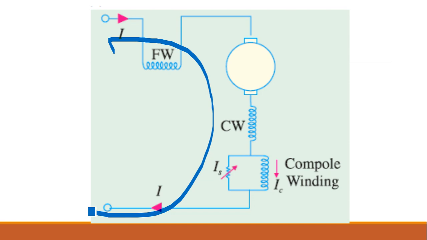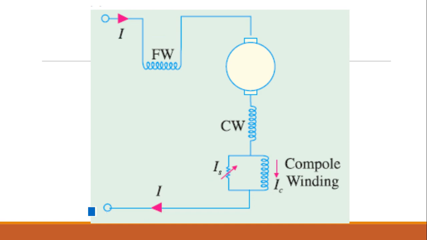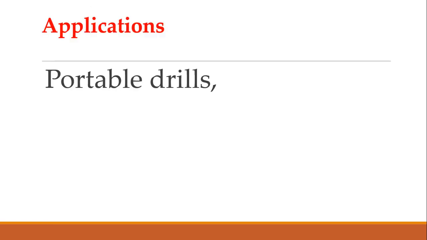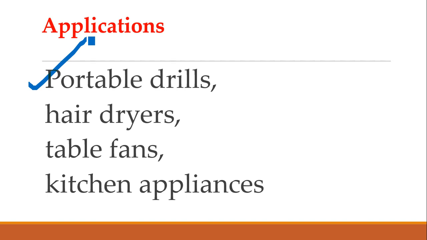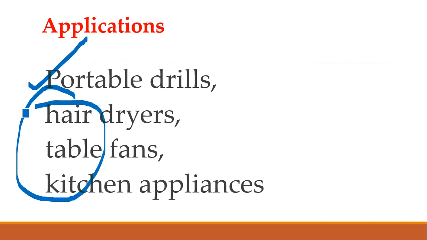So from this we can know we cannot run a DC series motor as an AC series motor. For DC it is only a DC series motor, for AC it is only an AC series motor. If we want to use both, then which one will we go for? Universal motor. Okay, so this is about the AC series motor and its construction, operation and requirements. Now the applications: it will be used for drilling machines, hair dryers, table fans and kitchen appliances, and such comparatively lower power applications will use the AC series motor.